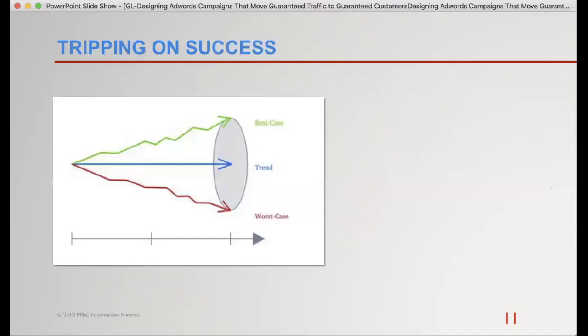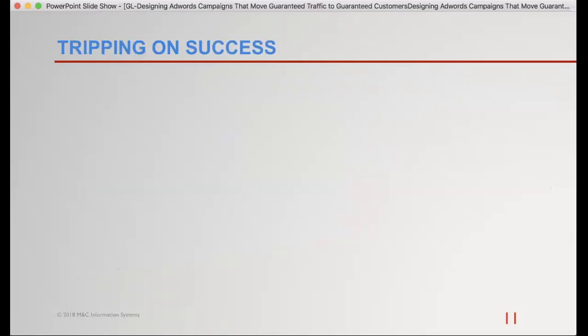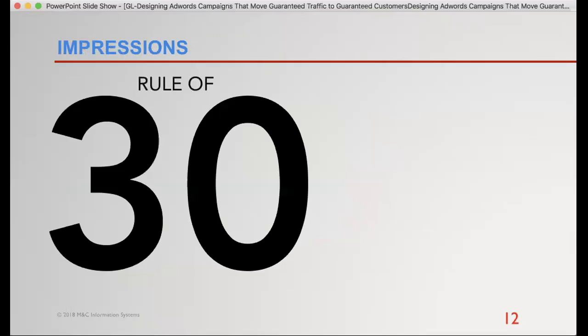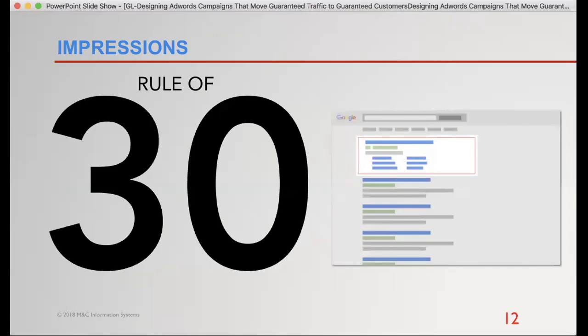When I think about impressions, I'm going to jump ahead here. In impressions, we always think of this term, the rule of 30. A way to get more from your AdWords campaigns is to think less in terms of conversions into sales and more in terms of branding. One of the secrets I've always thought inside of AdWords is that this ad gets shown at the top, and even though they say 20% of people click it, 15% of people, the rest go to the organic results showing below that.